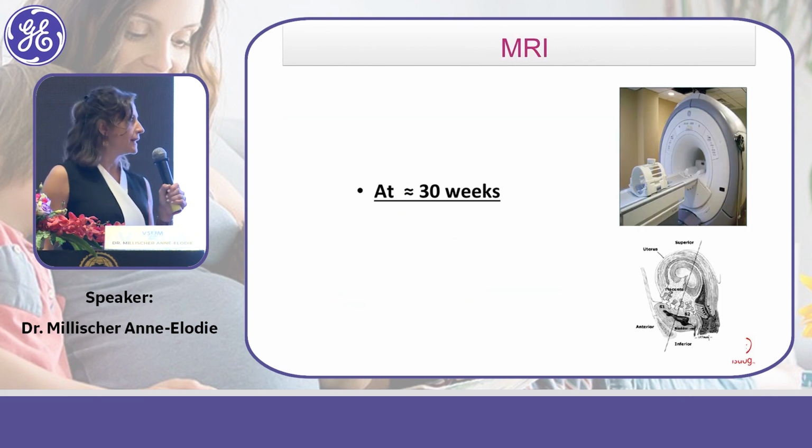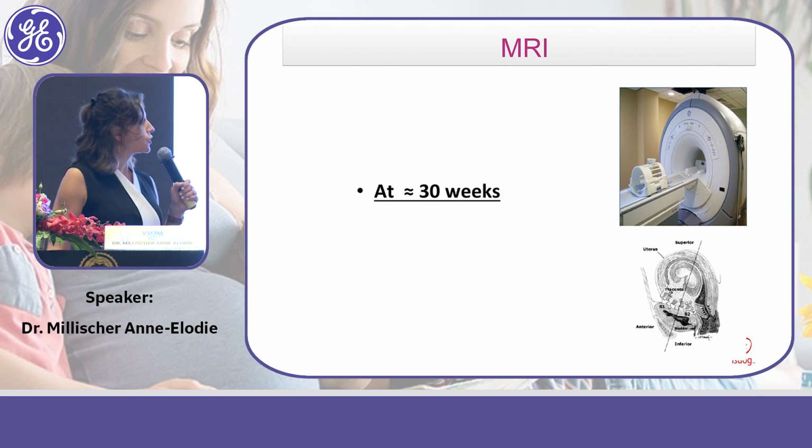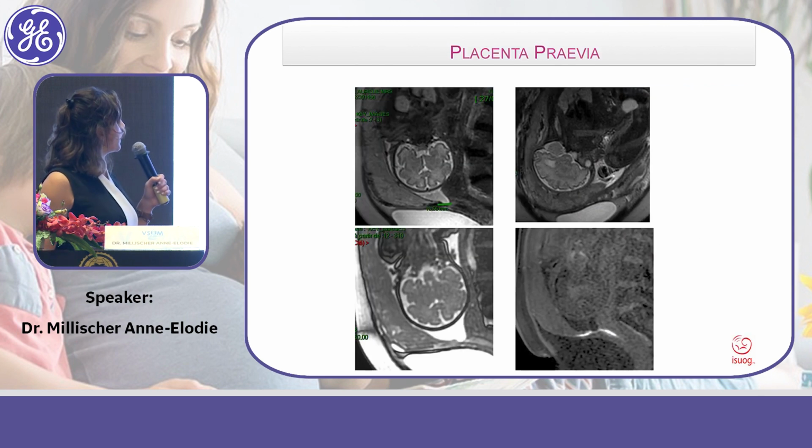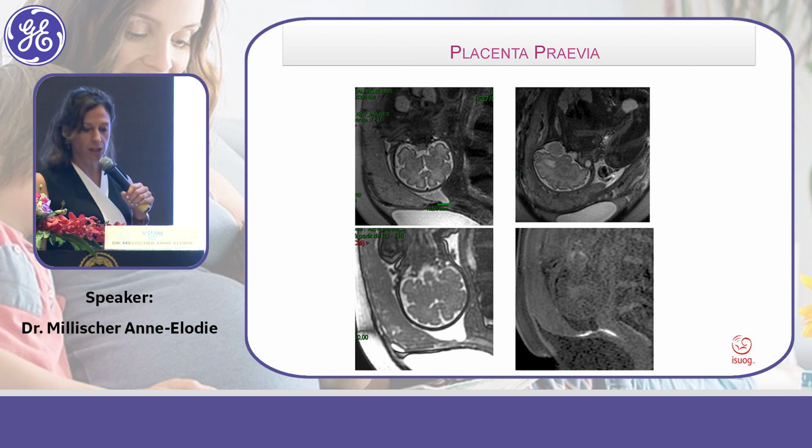We'll go through rapidly with MRI just to know the aspect that it can show. The placenta previa is correctly diagnosed with a very reliable measurement of the location of the placenta and the internal